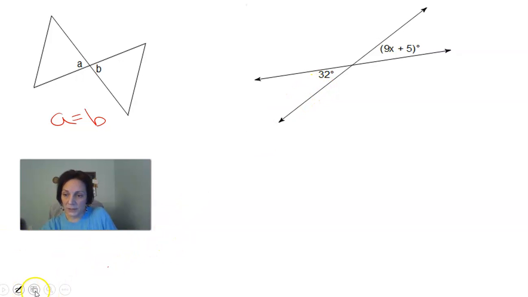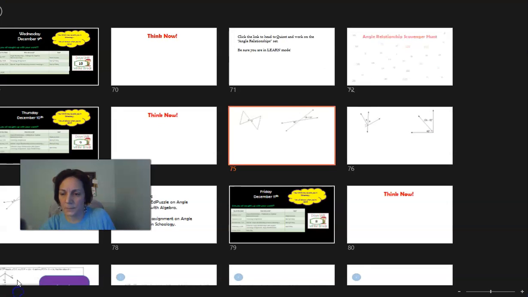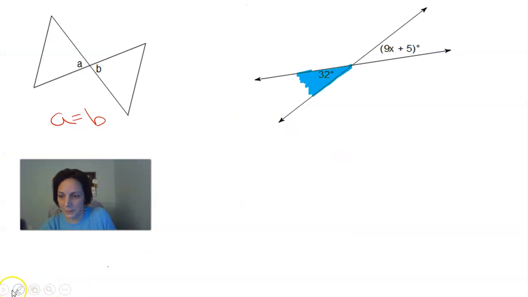So the first thing that I'm going to do is I'm going to grab my highlighter. You should be able to do this in your Schoology assignment too. I believe you can mark up your diagrams. And I'm going to highlight the two angles that they have labeled. So in this picture, they have this 32-degree angle labeled. That's of interest to me. And they have this other angle labeled, and in it they have this